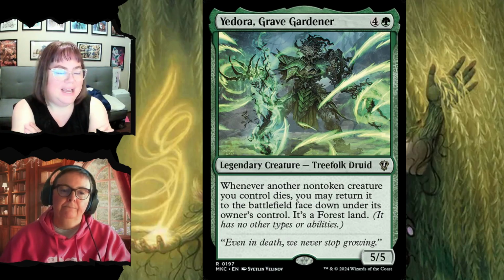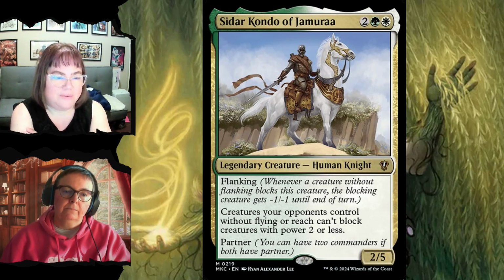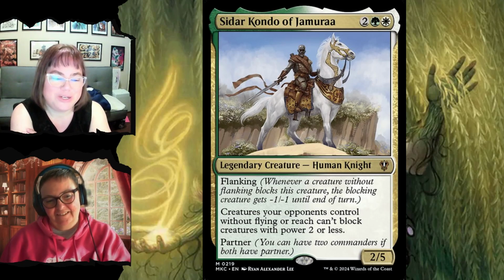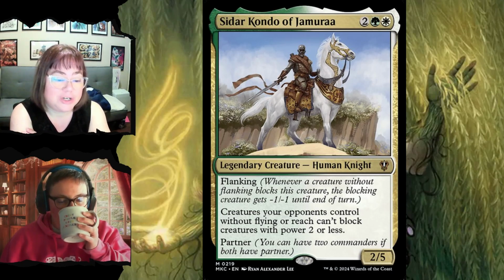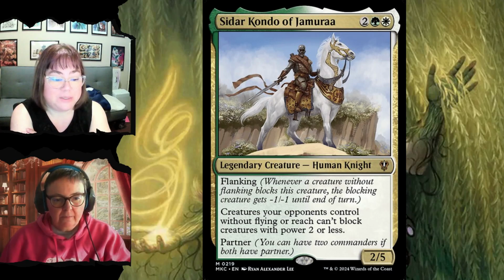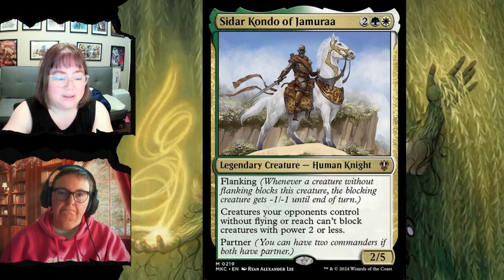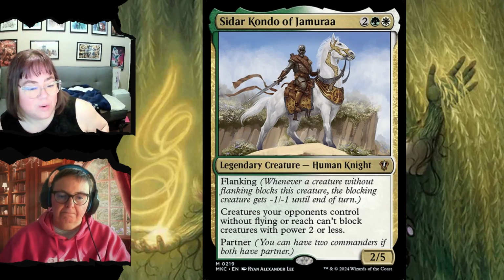Sidar Kondo of Jamura is a human knight. He has flanking, so that's new again. Lots of keywords in this one. Whenever a creature without flanking blocks this creature, the blocking creature gets -1/-1 until the end of turn. So the likelihood of their creatures having flanking is pretty slim, and so anything that blocks it is going